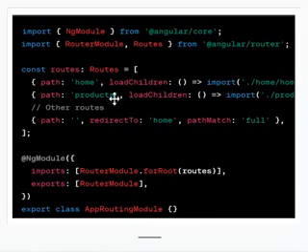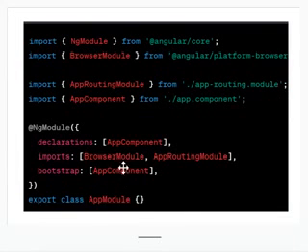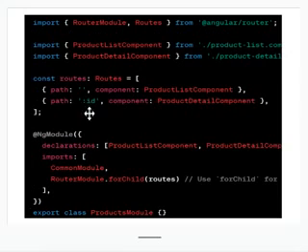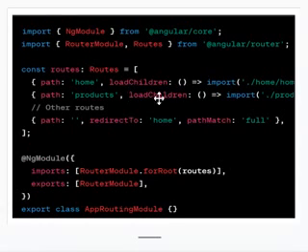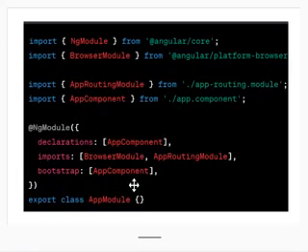So we provide the module that we have to lazy load in this route using this loadChildren keyword, in the route of the app routing module. And then what we do next, we make sure that our main app module is using this app routing module, which has the products module as lazy loaded in its route. So we make sure that our main app module is using this app routing module, and then the next and last step is